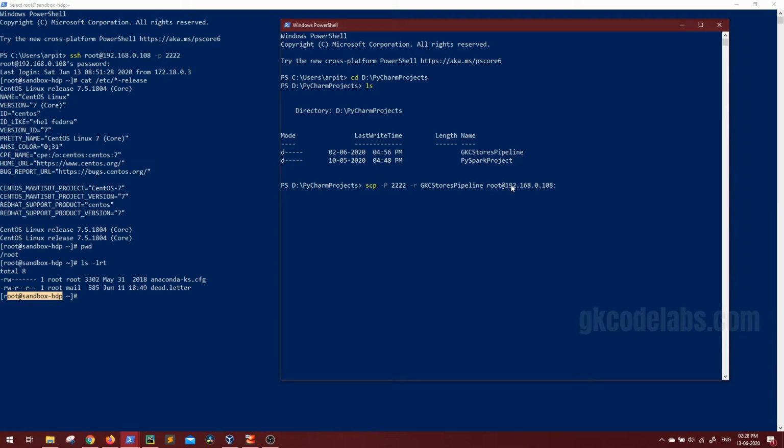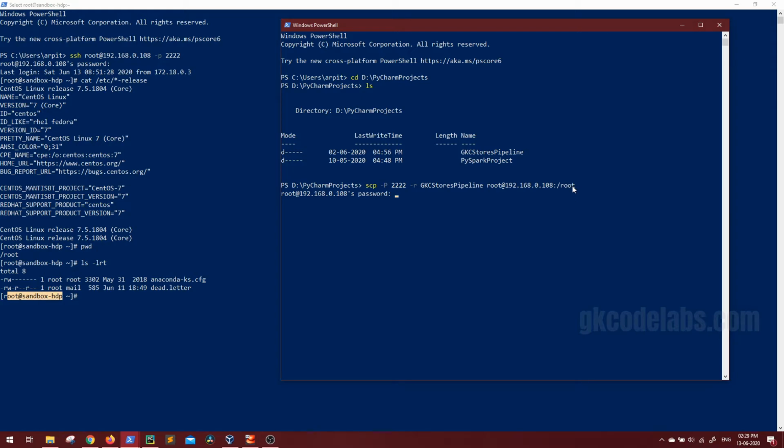Then you have to give the path where you want to copy on the server, like on this server, in which path you want to copy the GK stores pipeline. So let's say for now I will copy inside root and press enter. Then it will ask for the password for the HTTP sandbox.